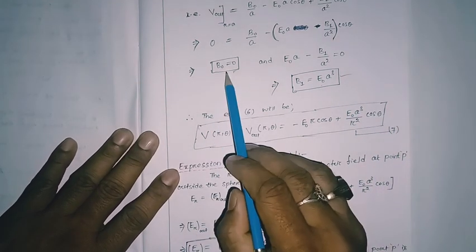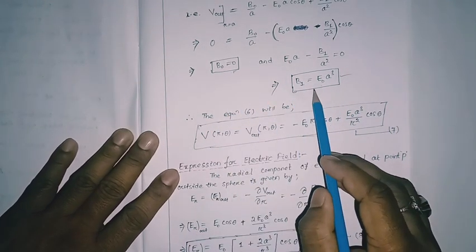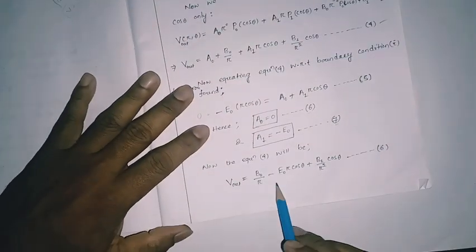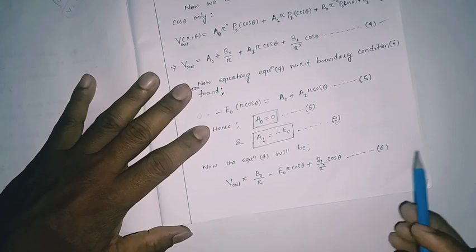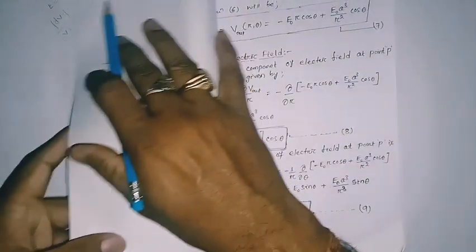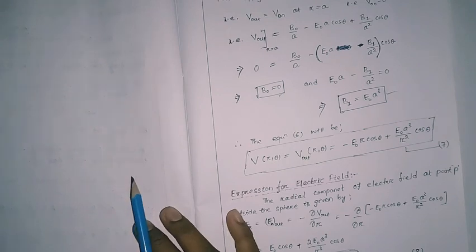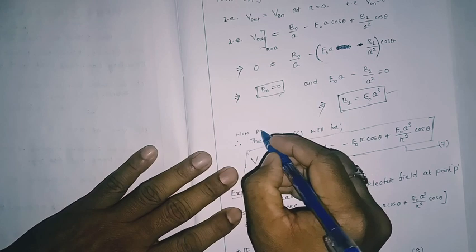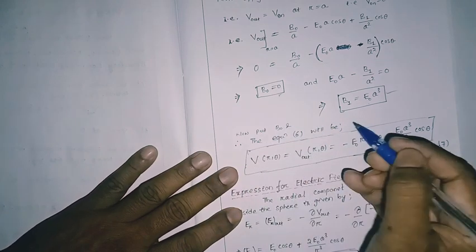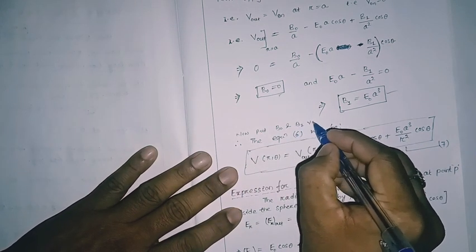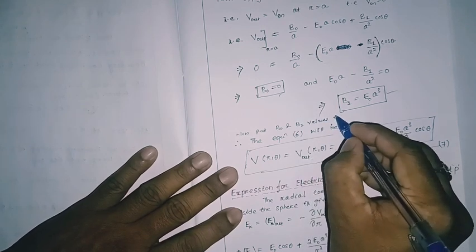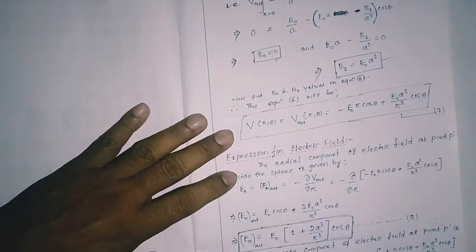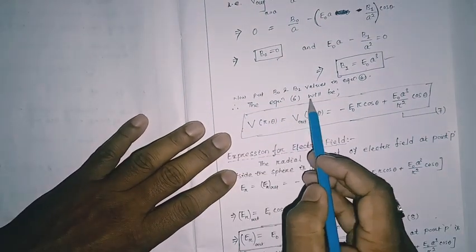Now we have to put the B0 value and B1 value in equation number 6, because equation number 6 is our general solution for the potential. Now put the B0 and B1 values in equation number 6. Therefore, the equation number 6 will be